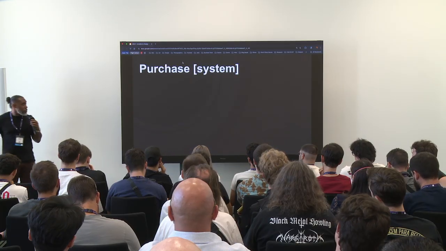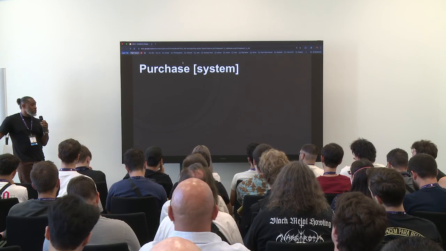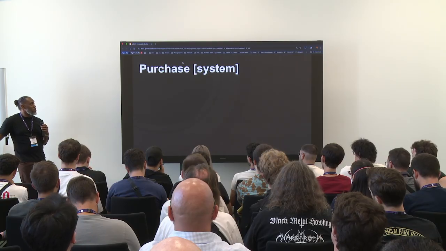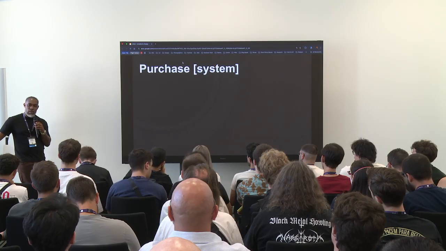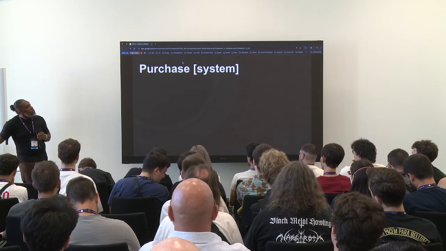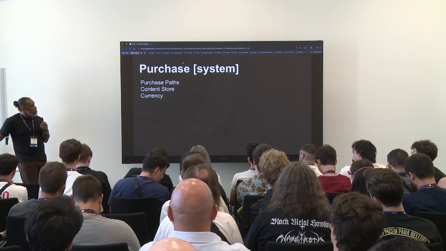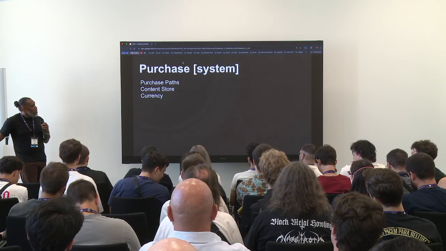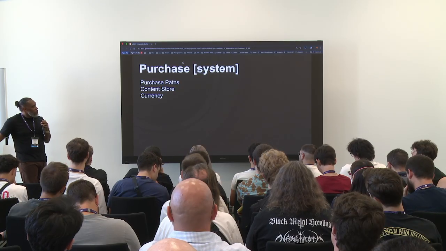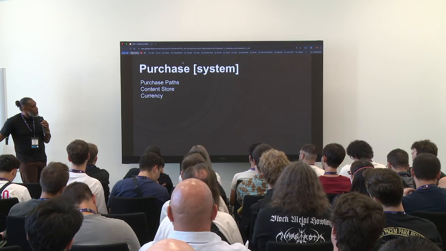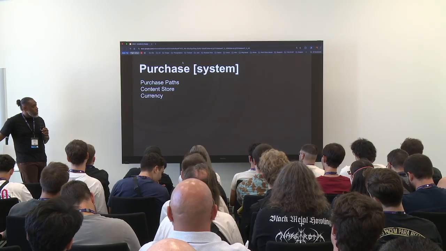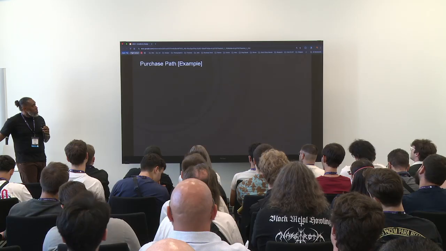All right, and then there's a purchase system. This is a big one. Companies would love you to figure this out for them because this is how they make money. Categorized in the purchase system are the purchase paths, the content store, and currency, the many, many currencies that can be in games. Some examples again.